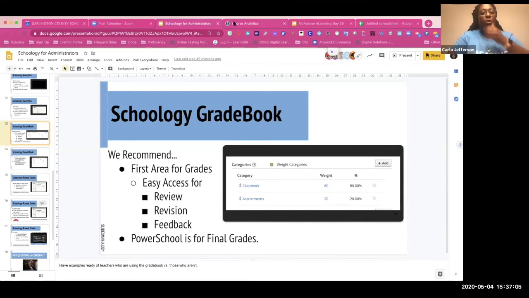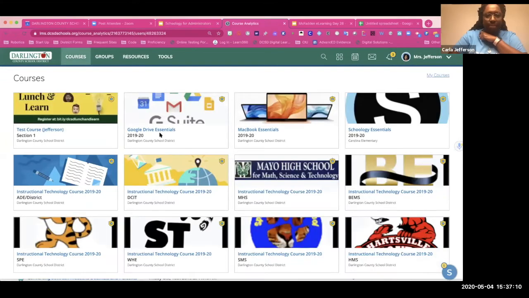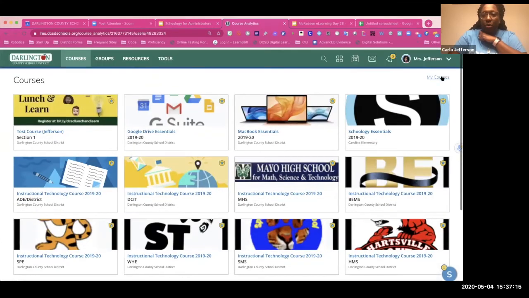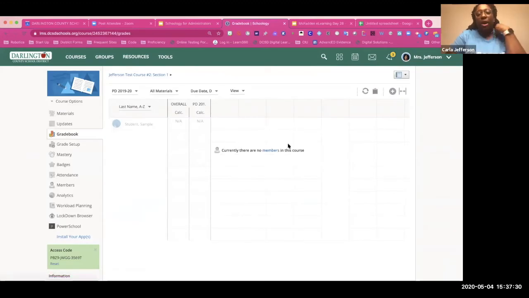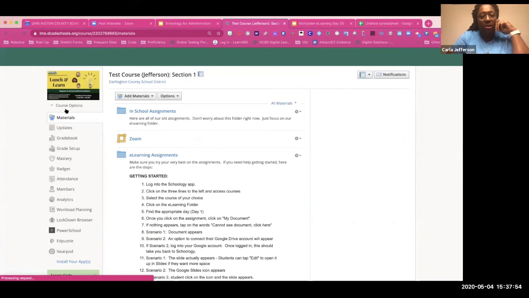So for example, if I go into a course, like a test course of mine, that I haven't set up a gradebook for, and the gradebook is not set up, there aren't going to be any assignments that show up over here on the screen. At the very minimum, teachers would have to set their gradebook up with the classwork and the assessments category. If they had already previously set up their gradebook, and I'll go back and show you what that looks like in my test class,